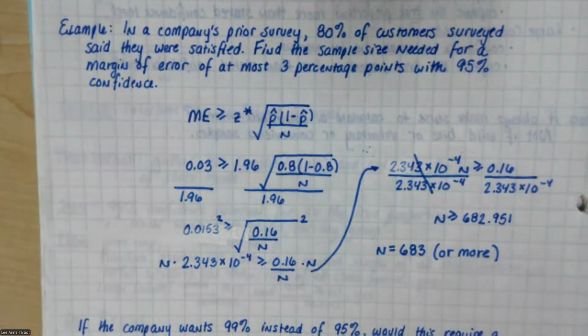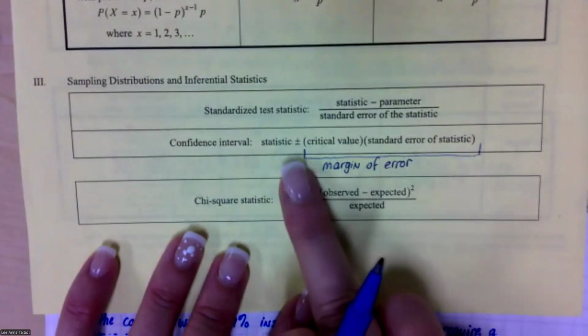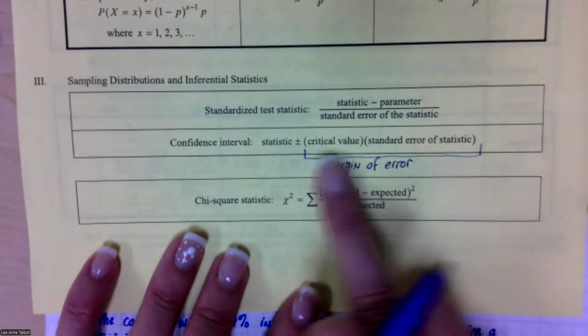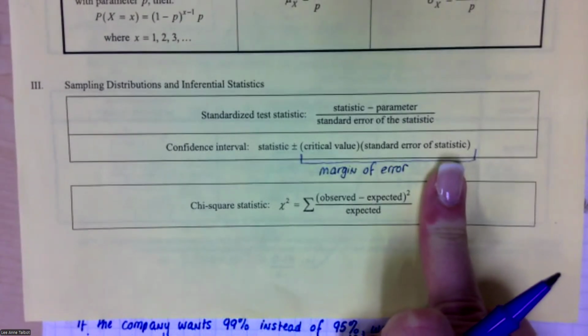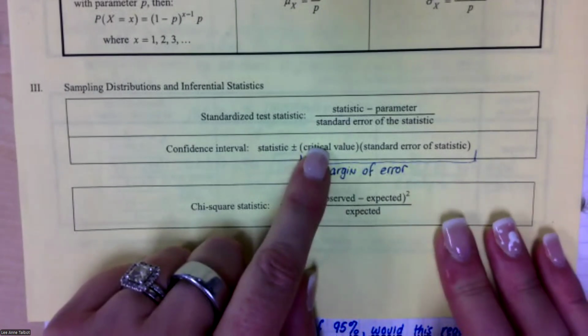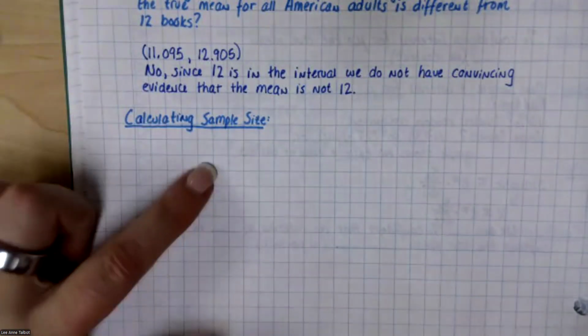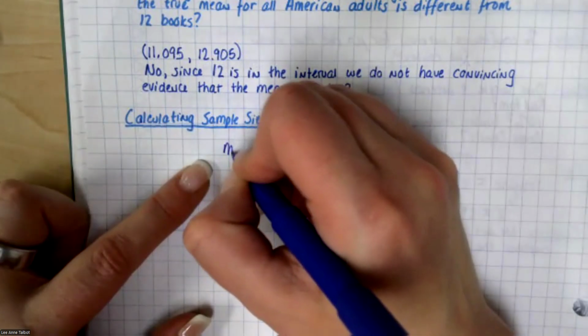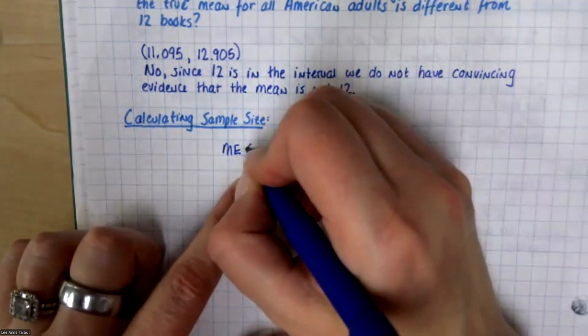The algebra is actually easier, but I want to point out that on our yellow sheet, you should all have that this part of the formula is margin of error. If you don't have that, that's something you're allowed to have right there. So margin of error is whatever's after the plus or minus part. When we're working with means, it looks a little different. So we have margin of error, and we want that to be less than or equal to